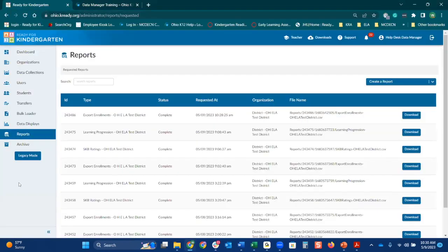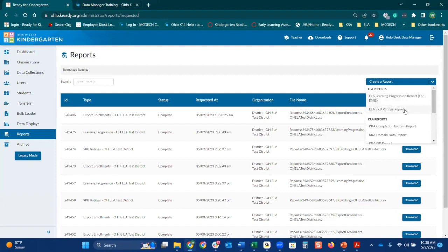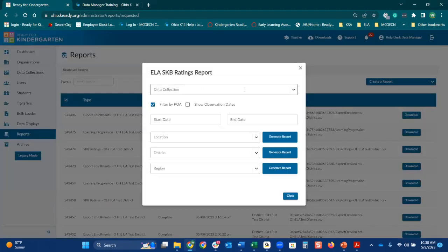The next report is going to be the SKB ratings report, and that will be the second one down. We're going to select the data collection, and we are going to select that as spring. Now, what you see here is the filter by point of authority. This is by default automatically checked. When it is checked, you will only see students whose point of authority is with your district pull on